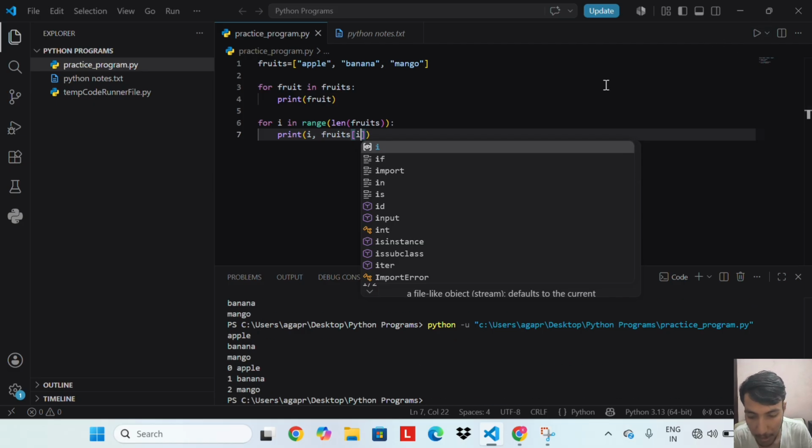Let's run this. We get 0 apple, 1 banana, 2 mango. This second method gives you the index number as well. Range len fruits generates 0, 1, 2. Then fruits i gives the element at each position. Use the first method when you only need the values. Use the second when you need both the index number and the value.